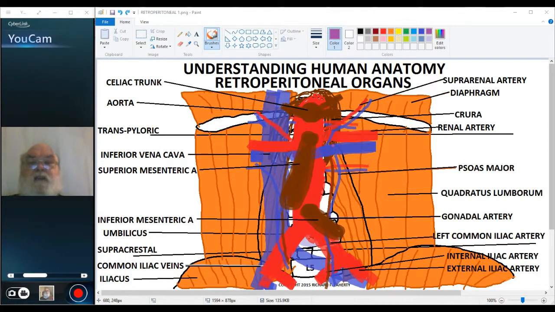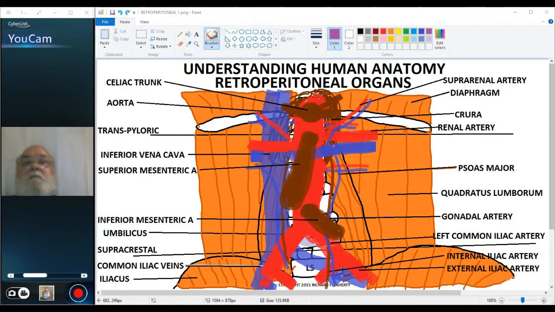Welcome back to Understanding Human Anatomy and our discussion of the retroperitoneal organs. In the last video we left off with this diagram, and we need to add in some autonomic ganglia. These are ganglia of the sympathetic nervous system that are collectively known as the prevertebral ganglia because they sit anterior to the vertebral column, and in fact they're on the anterior surface of the abdominal aorta,